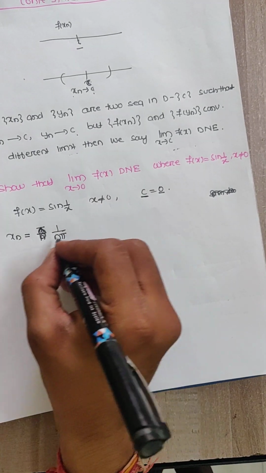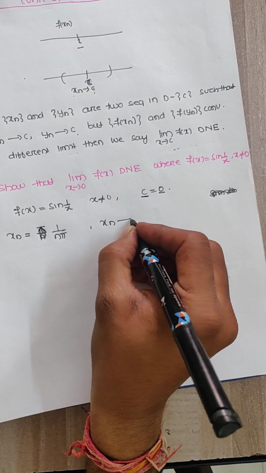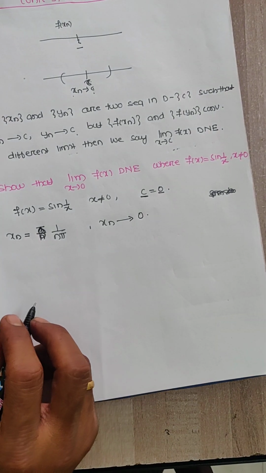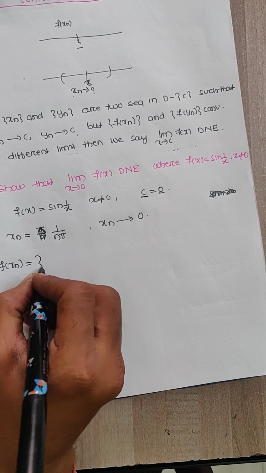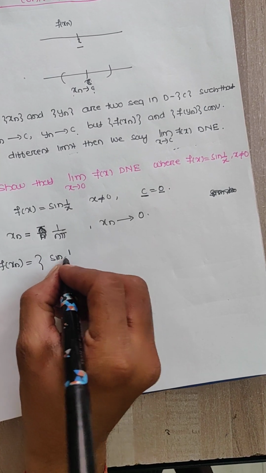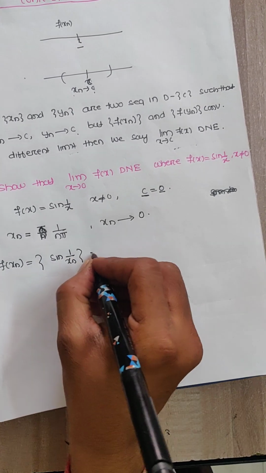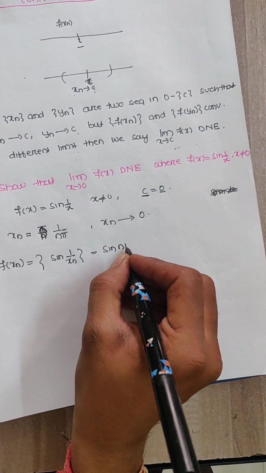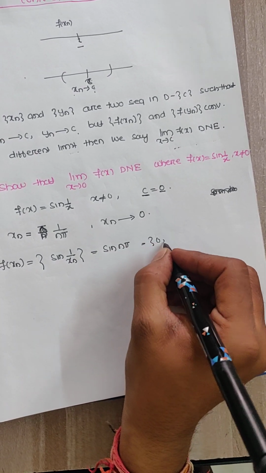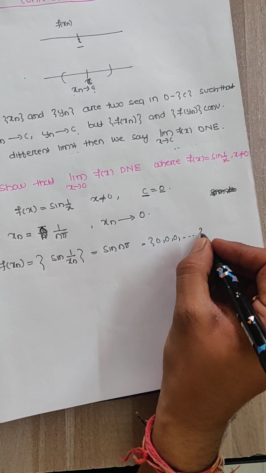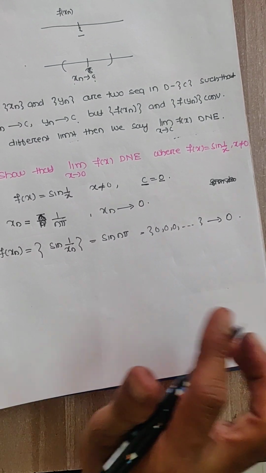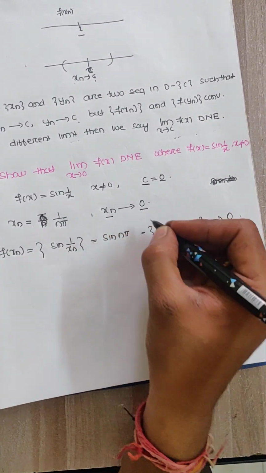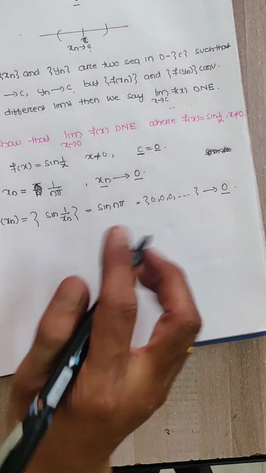Now whenever n tends to infinity, xn converges to 0. Now what is f of xn? It is nothing but sine 1 by xn, which is sine n pi, and that is nothing but 0, 0, 0, a constant sequence which converges to 0. So xn is a sequence converging to 0, and f of xn converges to 0. Now let